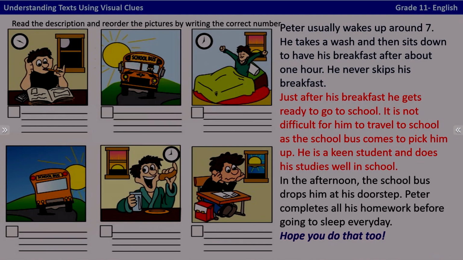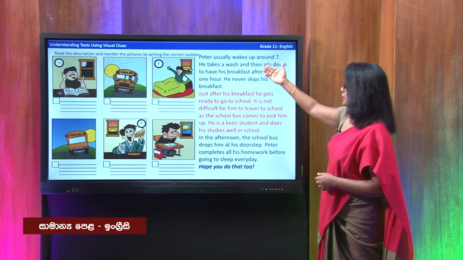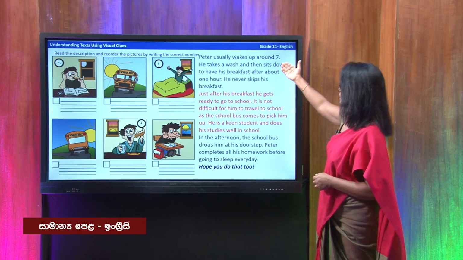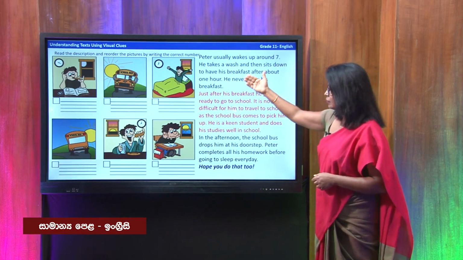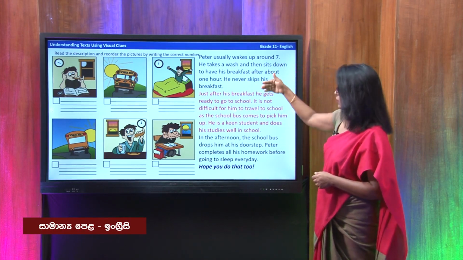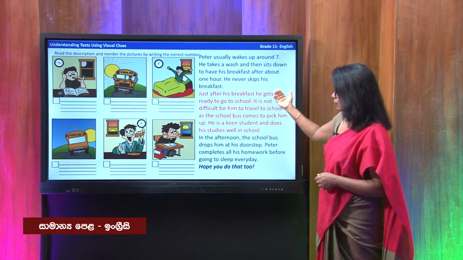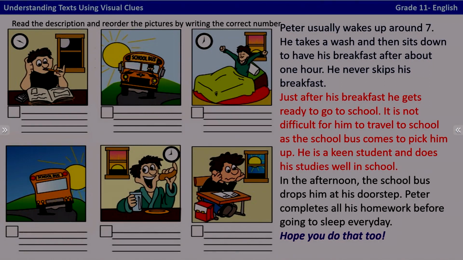Okay, let's read. Peter usually wakes up around 7. So children, is there a picture showing how he wakes up around 7? Of course, there is one picture here. And in this picture, we can see Peter. He's stretching his arms. And also if you look at the clock on the wall, you see the time is